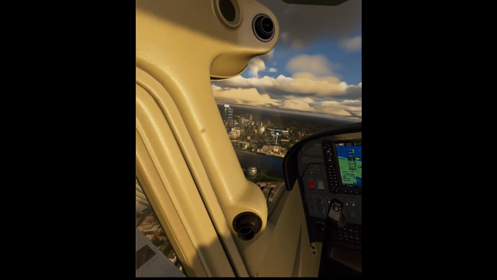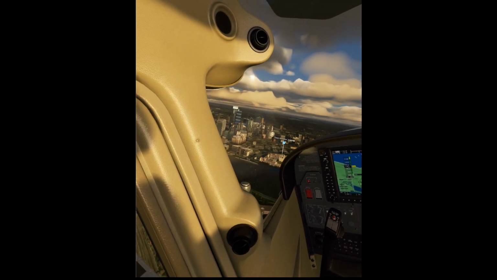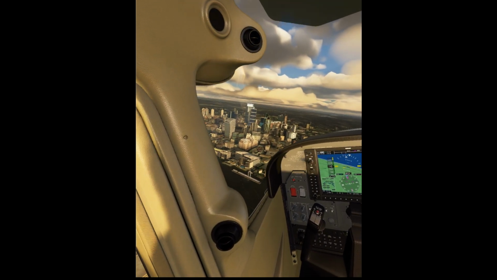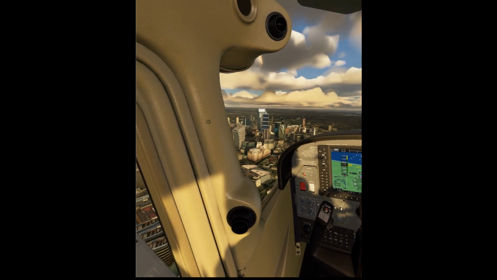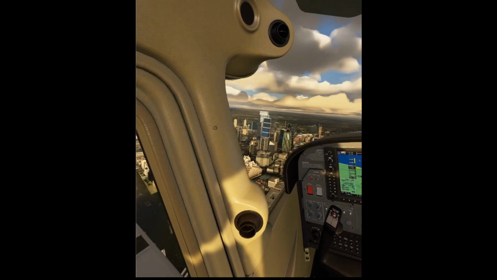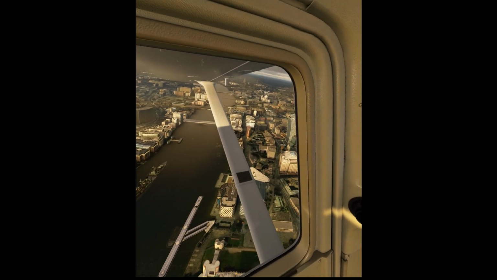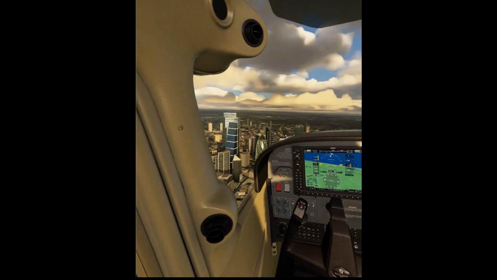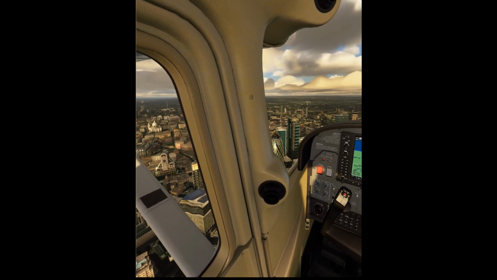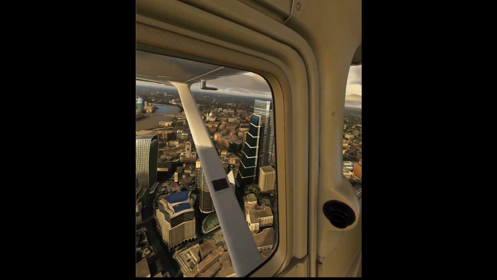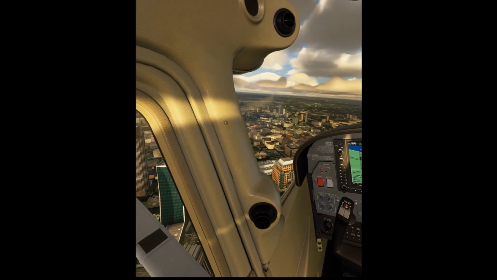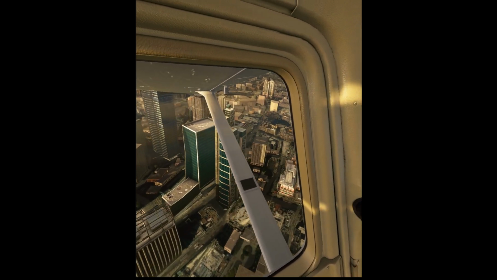But with my 1060 6GB, basically I've got everything running on low as I can get it, and it's just not up to the standard. It's just not up to running Flight Simulator 2020 in VR. It does work, and my first impressions are, when you're flying over London, it's like actually flying over London because you're in VR and it's all around you. It's pretty impressive. It's just a shame that my system is not up to the job,